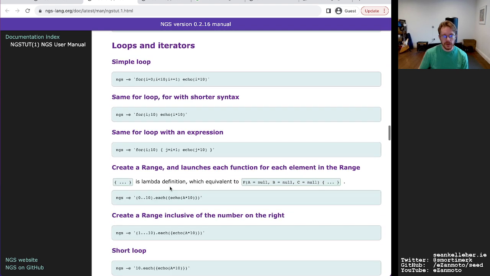So another thing to note here is that variables in, I guess you could call it the default part of the language, don't need a $ prefix.